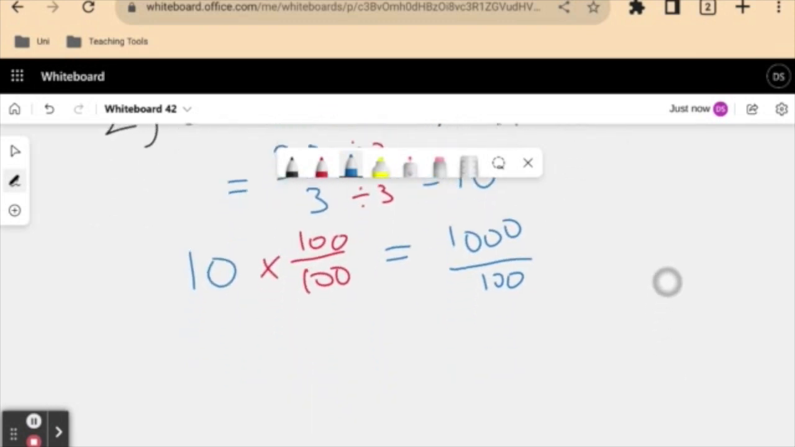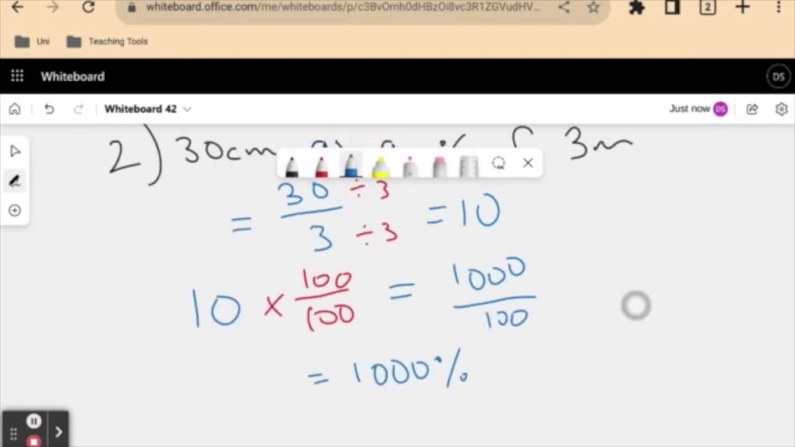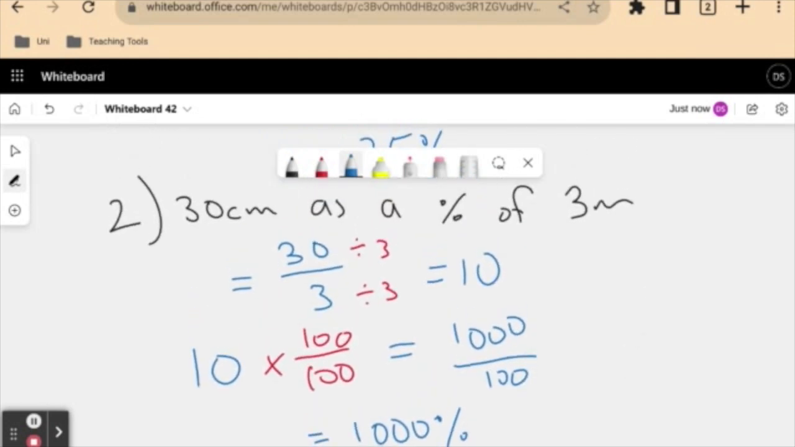And cool, well, I have something with a denominator of 100, so that gives me 1,000%. Now, what did I do wrong here? Feel free to pause the video. But I'm going to look at this answer and just look at my question,